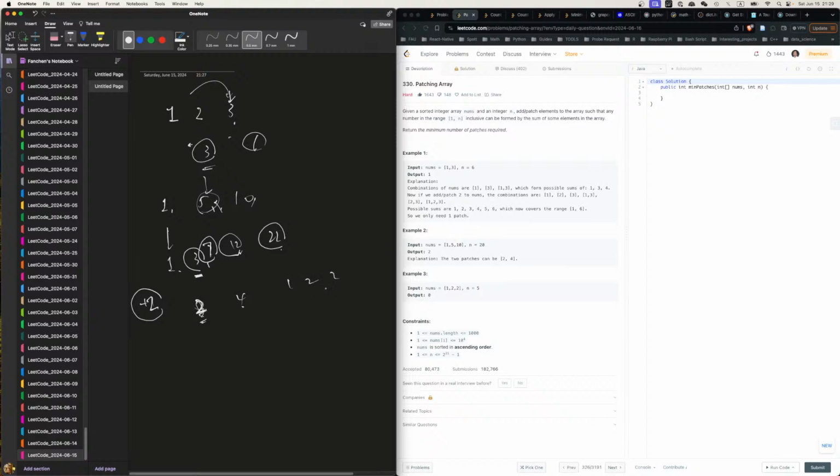Next one, 1, 2, 2. We start with 1, move forward. It's a 2, and we're looking for 2, and it is covered because it's within... actually what would we say, because this is all the way to 1, right? So the current one is bigger than this, so it doesn't cover. So when you take a look at the current one, and the current one says a certain number, and then we say